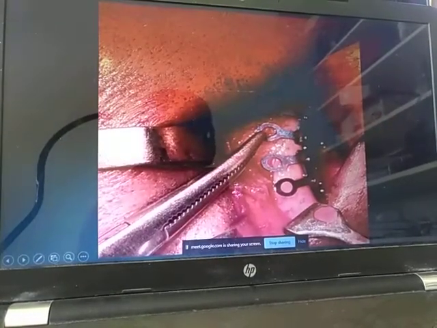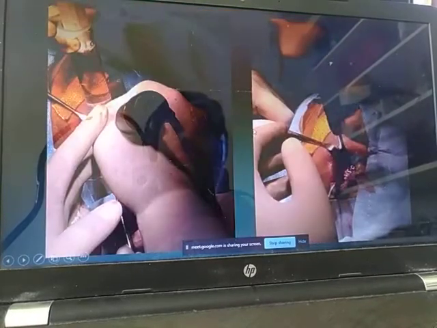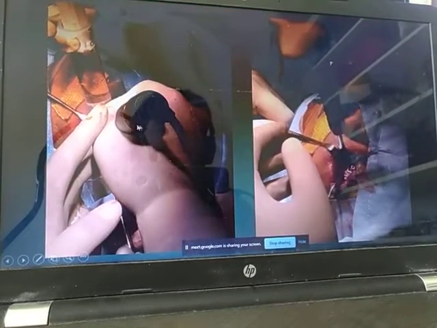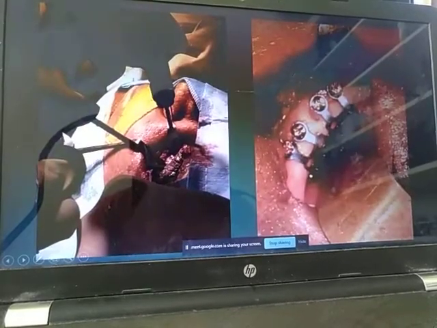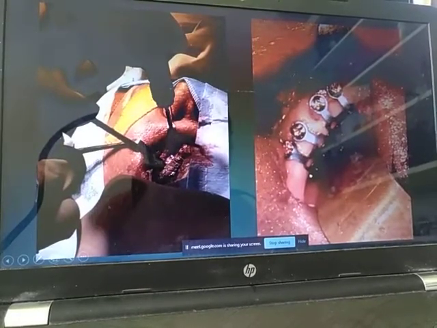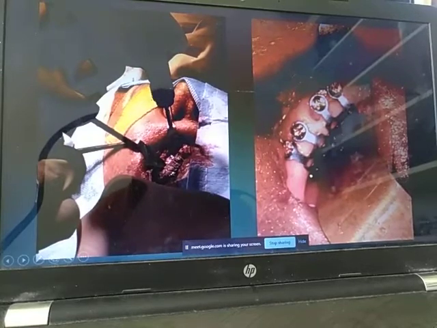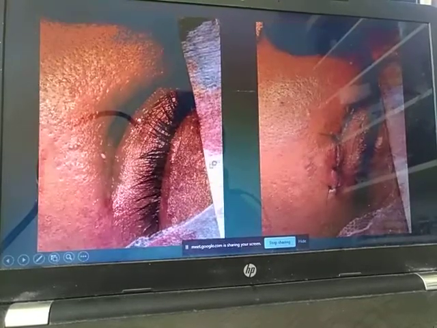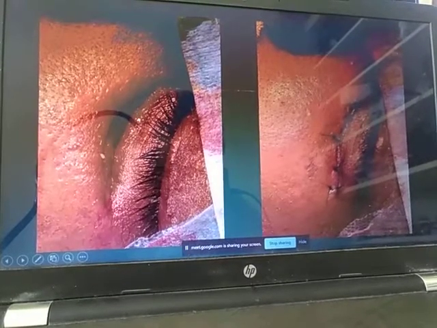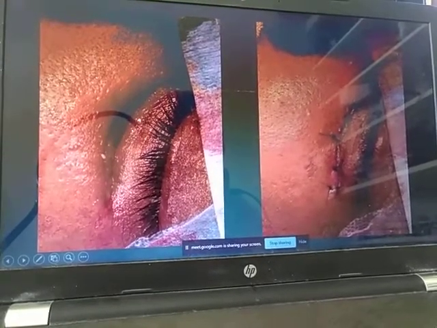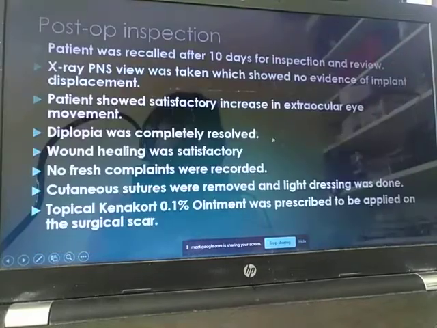The holding pins were contoured according to the rim. Then a straight hand piece and a drill bit were used to drill and place the titanium screws. 4 titanium screws were used to fix the mesh to the rim of the orbit. Then the copper retractor was taken out. The flap was reopposed and suturing was done in a 2-layer method.